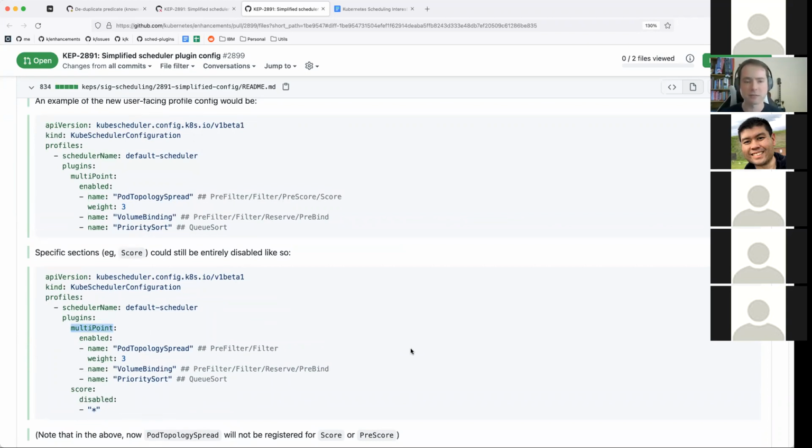I think that, like you were saying, compatibility is a big part right now, so we don't want to take that step. But for all of the in-tree plugins, implementing this for each of them would be a really trivial part of adding this, and would set a good precedent as the maintainers of the scheduler to be able to say, this is the direction that you should be taking as a plugin developer,